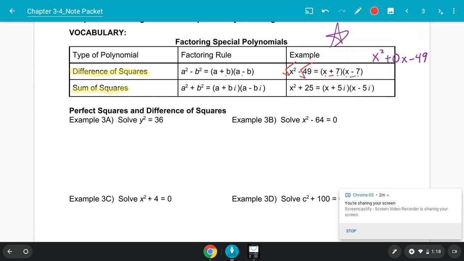All right, and then the other option is the sum of squares. That is what happens if you have the positive. You'll notice it looks super similar. We can take the square root and the square root, and we have x and a 5, x and a 5. The problem is we can't have two opposites